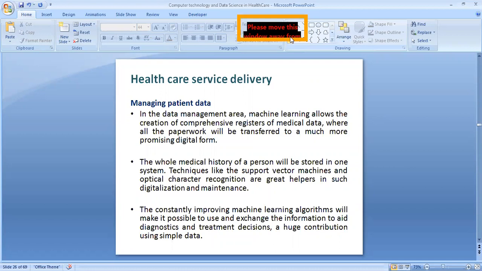challenge. So when we look into healthcare service delivery, majorly we can have two classifications. One is what we are going to do with the data that we have acquired from the patients who got admitted earlier. What is the learning that we take in the progression of the healthcare treatment that we offer to the future generation of patients. So that is managing patient data.